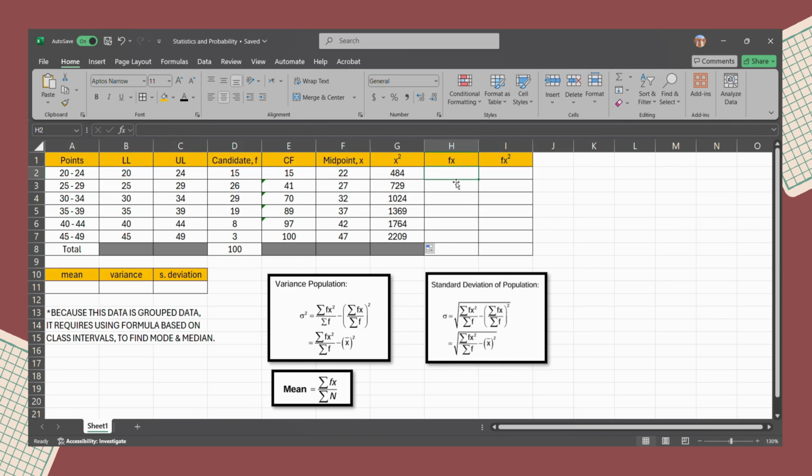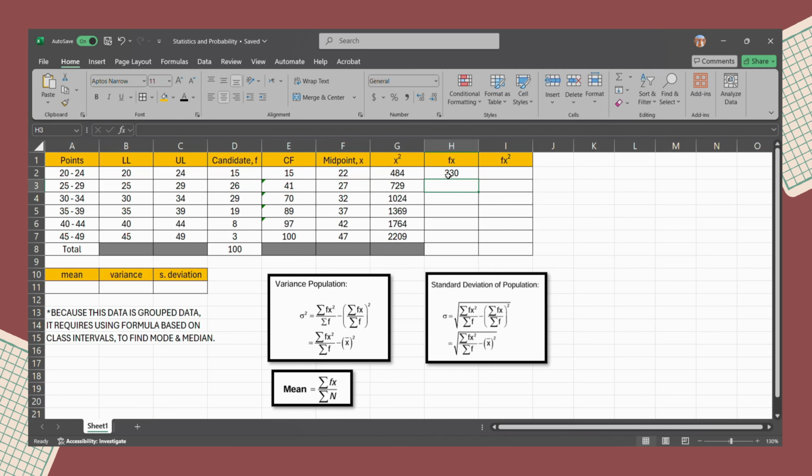Next, we need to find the fx. We use the function equals, open bracket, take the first candidate frequency, and multiply by the midpoint x, f multiplied by x, close the bracket and enter.